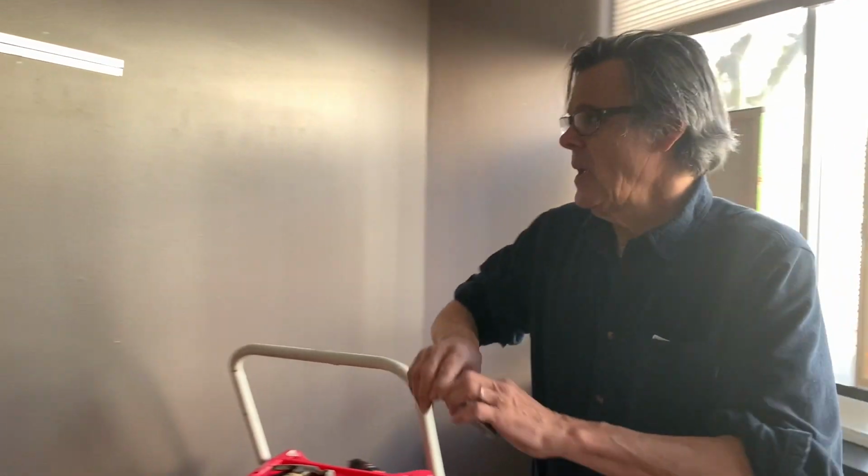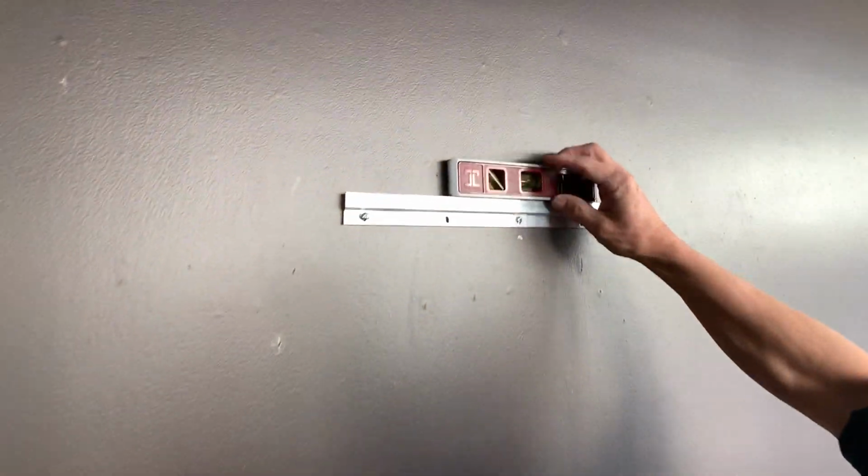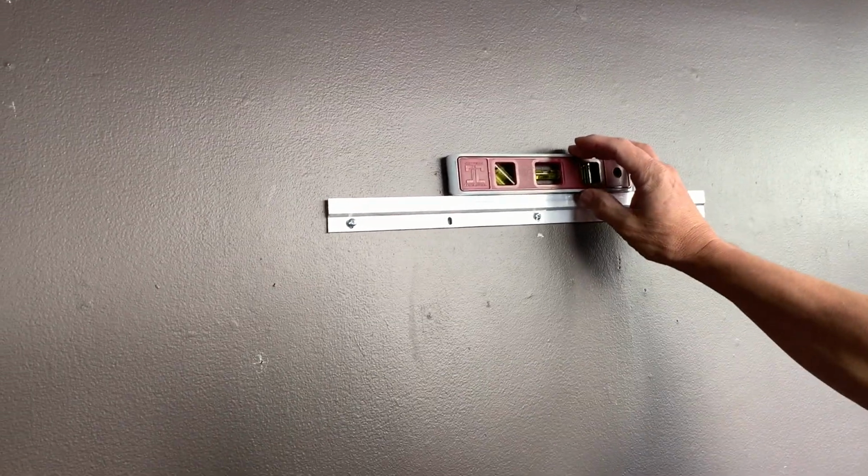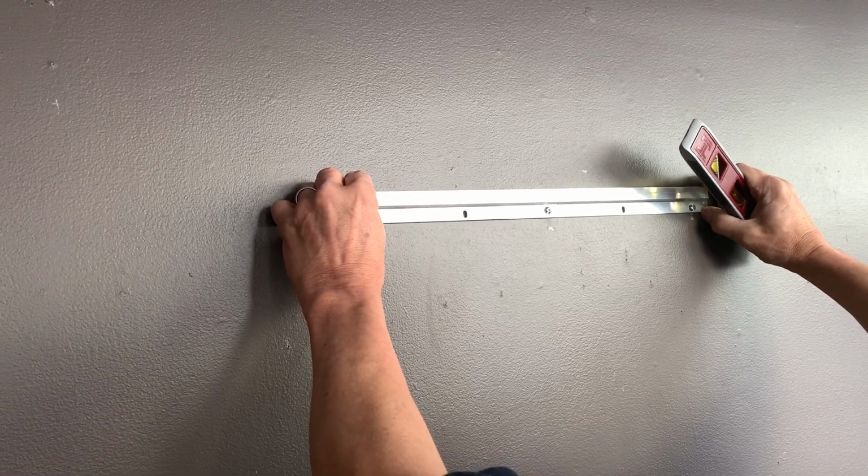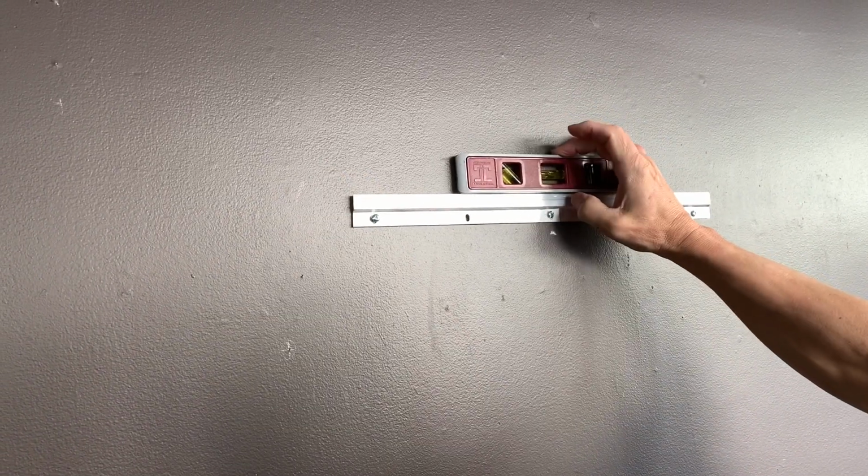Okay, we've got the screws in, and we just want to double check that we're level. So I'm going to come on here, and we are perfectly level. If it wasn't, we would just tweak it this way or this way. But that looks pretty good. So that's how you put a cleat or an easy bar up, and a couple little details I just want